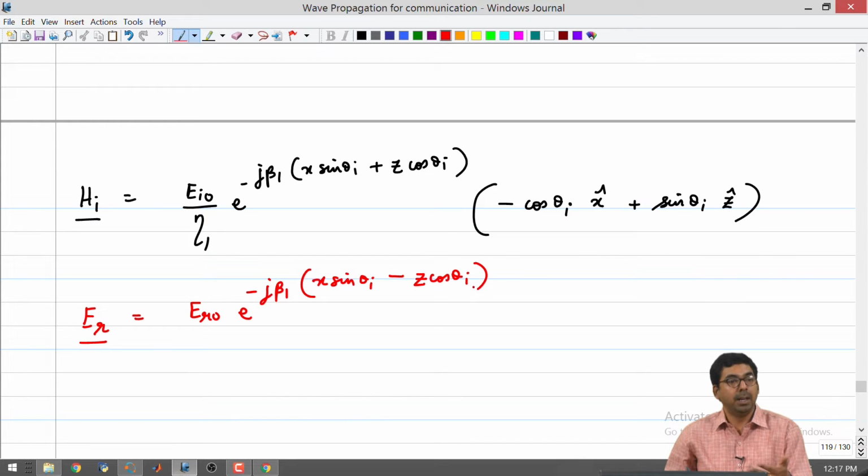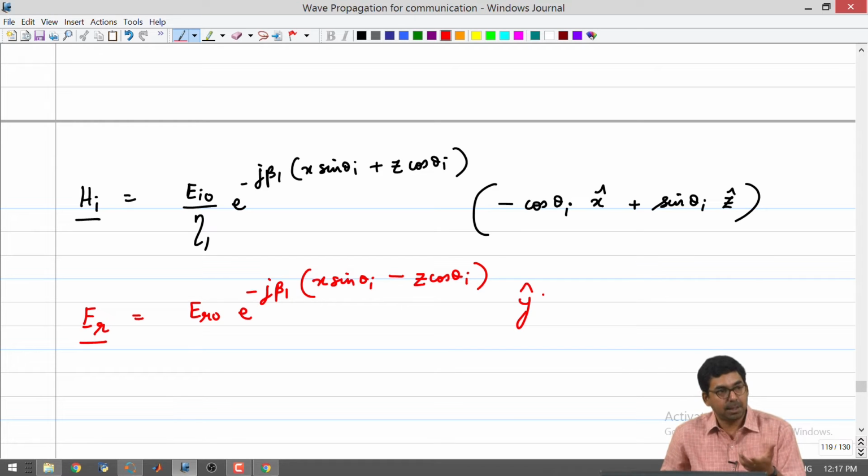Once again, the way I have drawn the diagram, I am assuming that this electric field is still pointing in the y direction, right. So, this is an assumption that I am making, but I can be corrected after I finish the entire derivation, right. So, the point is you can fix a problem, you can fix the directions in the way you feel comfortable. You can make the derivation. Once you finish the derivation, the transmission and the reflection coefficients will tell you whether the assumed directions are correct or not, that is all, right.